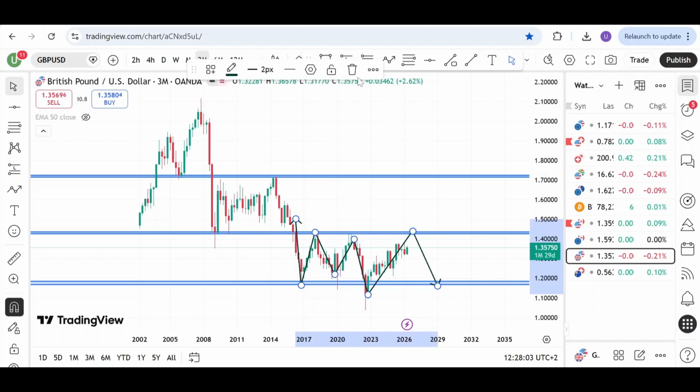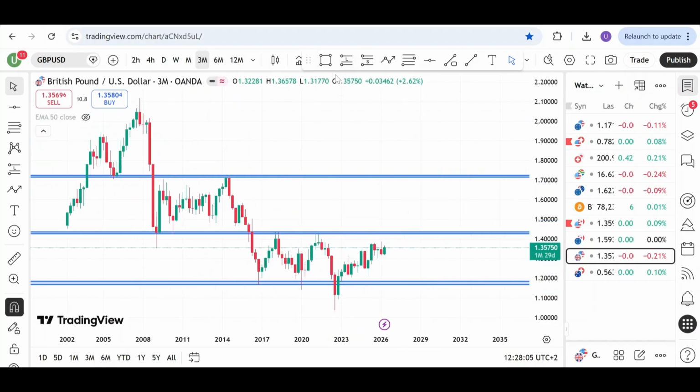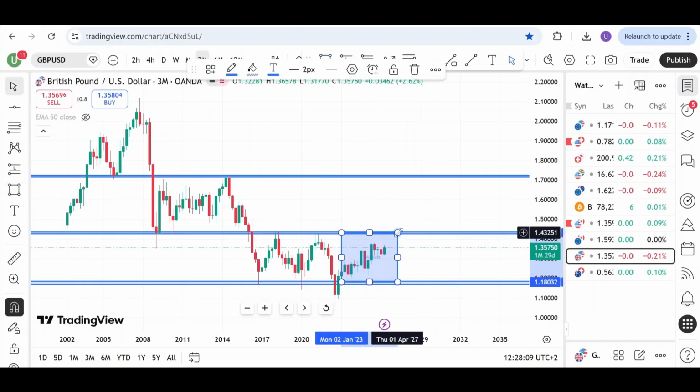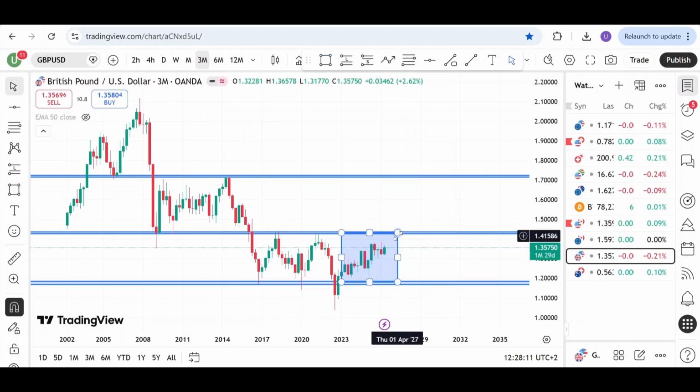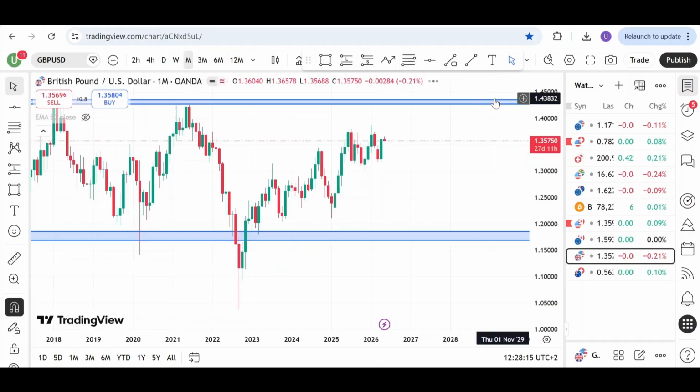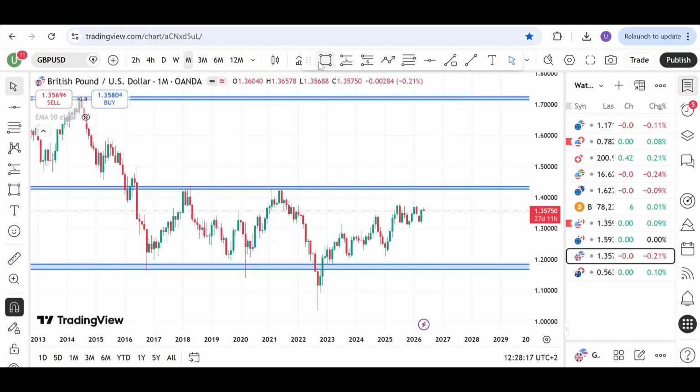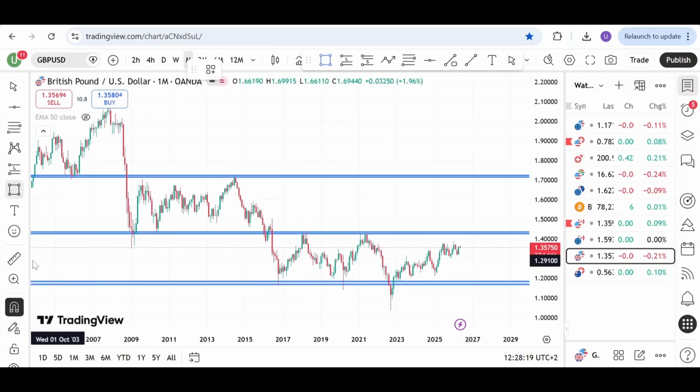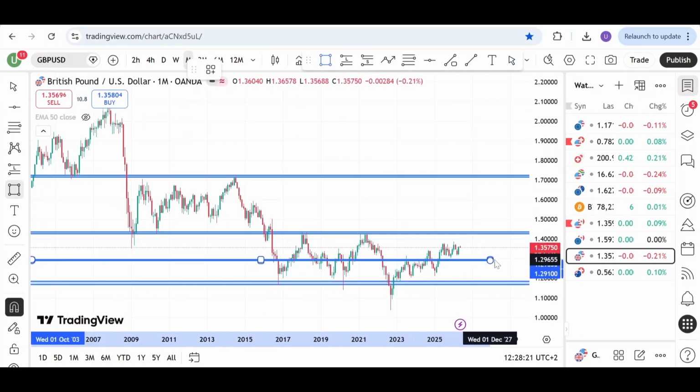So we are going to see what's going on with this high here, where we can expect the compression of this equal high. So we are at the high of a consolidation here. We are on a monthly time frame. We are seeing something different. As you can see